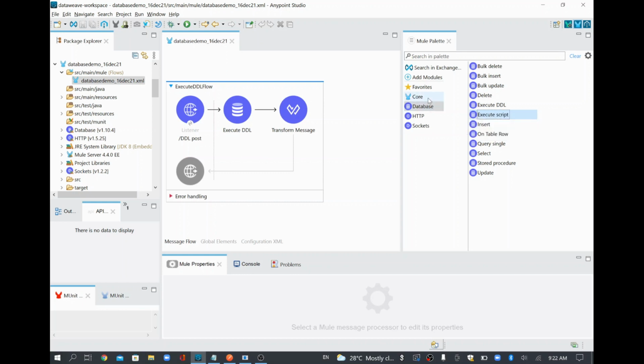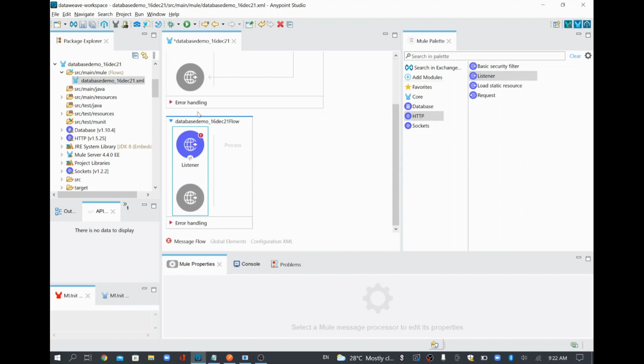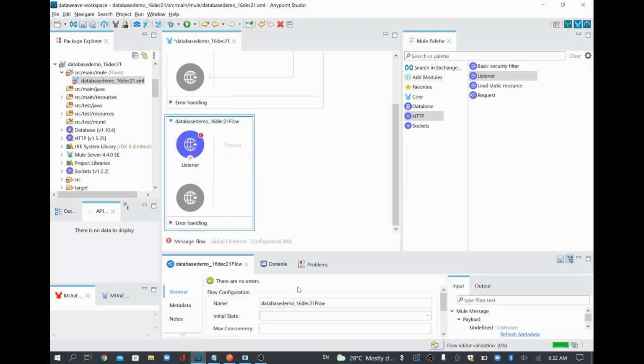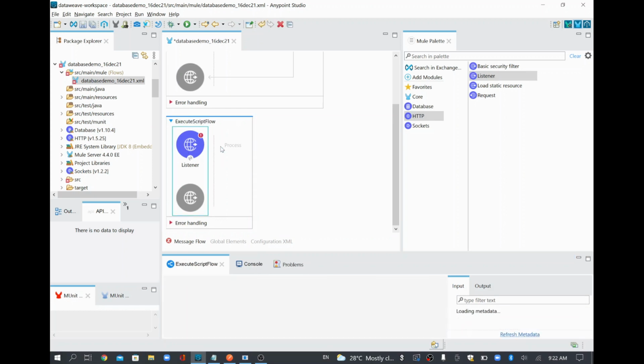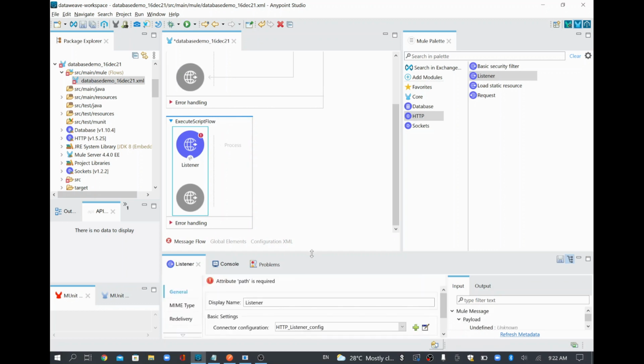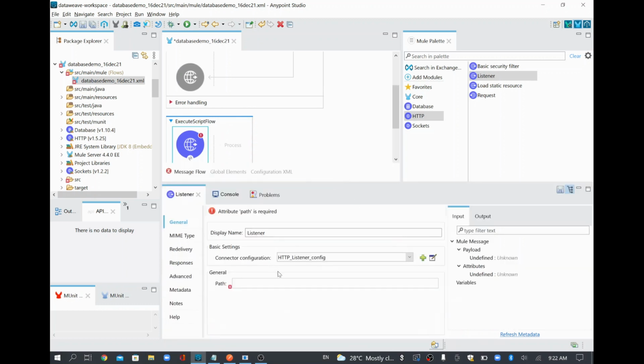So in order to do that, I'll just drag and drop a new HTTP listener to create a new flow. This flow, I'll just name as execute script flow. See here, that flow name is done, and I'm going to set my HTTP listener. I'm going to reuse the same HTTP listener which has the 8081 port, and this one I'll just give a different endpoint.